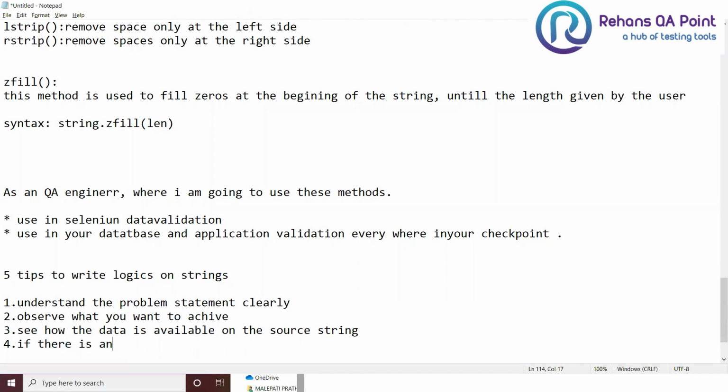if there is any unique character available to fetch the data, right?